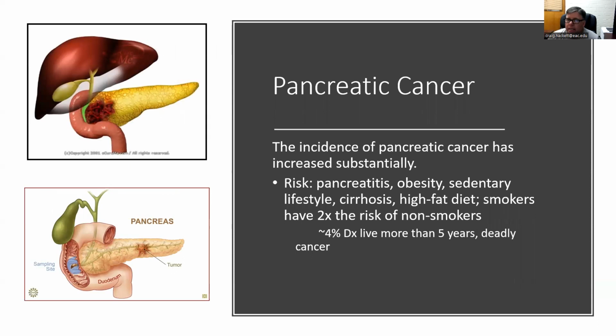Pancreatic cancer is one of the dangerous ones. If you hear somebody has pancreatic cancer, you kind of dread it, because they go pretty quick, just because of the nature of the pancreas and what it does. The pancreas likes to move the stuff that it produces throughout the body pretty quickly, and it does it through the intestine and the lymphatic system. So pancreatic cancers tend to spread really fast, and most people don't survive pancreatic cancer for very long. You can get treated for it if you catch it early.